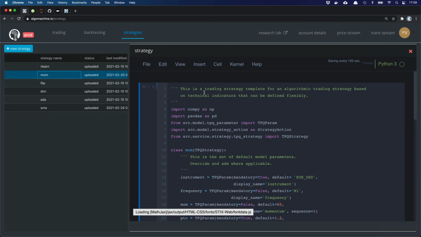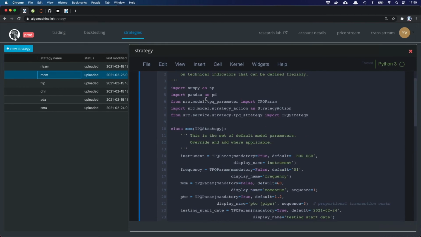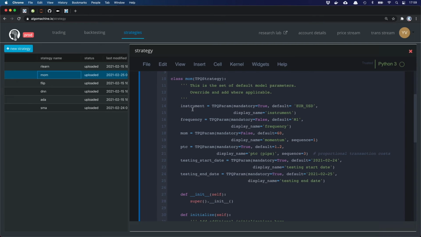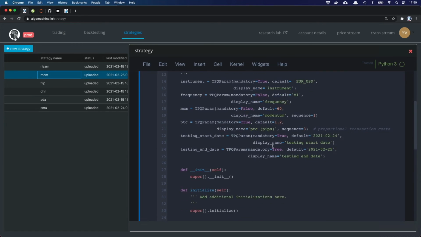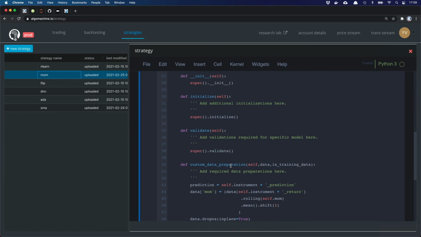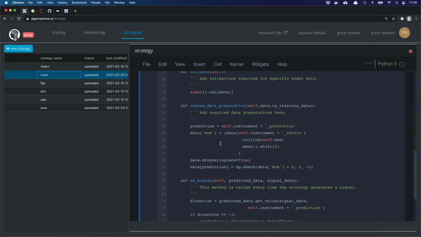So this is the momentum strategy. You see here a Jupyter Notebook. Of course, it looks a little different, but this customizes the UI later on, the form via which I can do backtesting and trading. There's not much about initialization and validation beyond the standards. And here I come up with the momentum. That's the core of the algorithm. It's like two lines. Here I calculate the momentum, and here I say go long when the momentum is positive and go short when the momentum is negative. So this is what is done here.